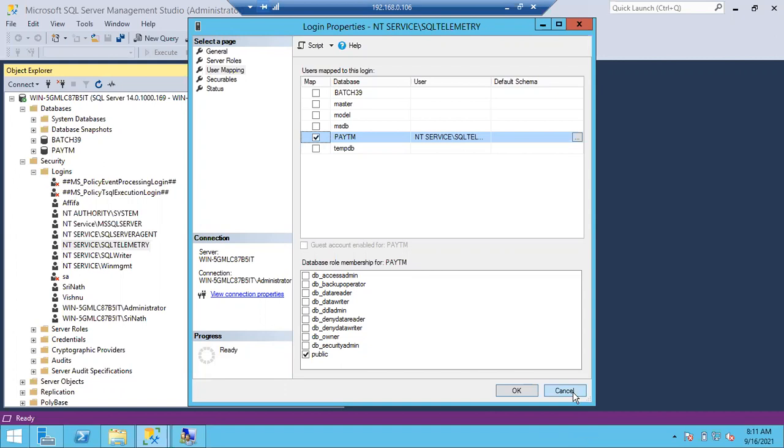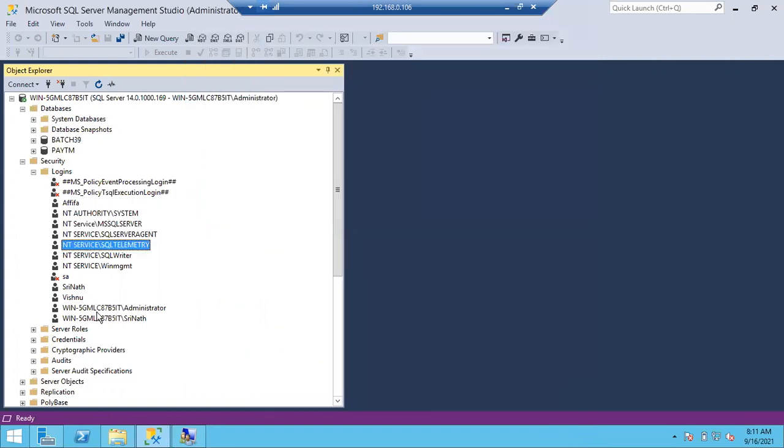If there is no group login, we have to create 30 logins in SQL Server. We have to give access to each login on the Paytm database, 30 times. Every action you have to do 30 times. If 100 people are there, every action you have to do 100 times. And the list also won't look good. Imagine 30 logins in this list. The logins list will increase. It won't be good maintenance-wise. That's why we prefer group logins in the organization.